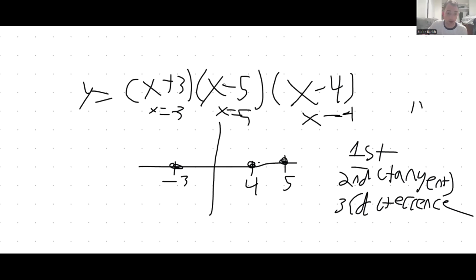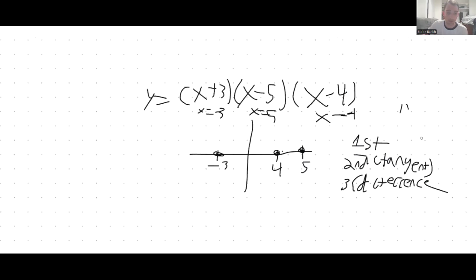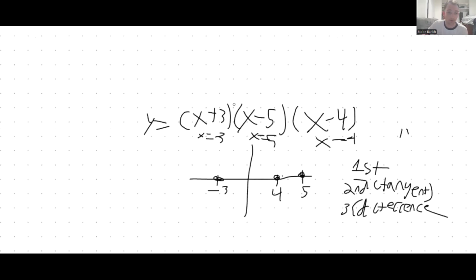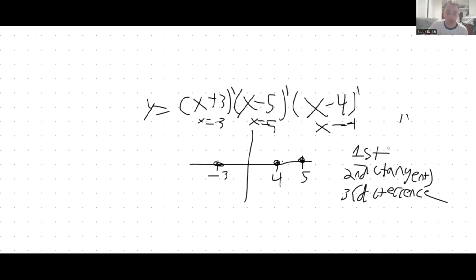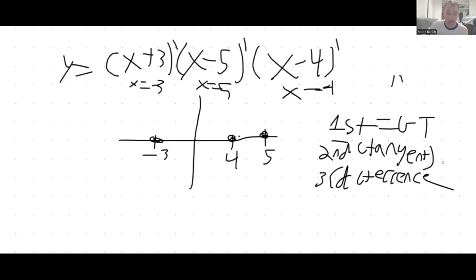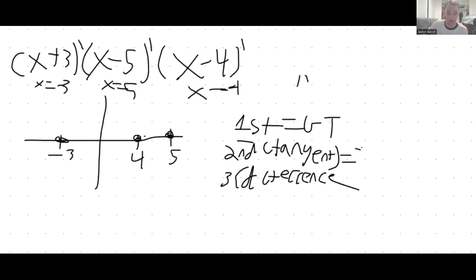So in this case, you're thinking, all right, all of these zeros have a degree of 1. So this one's pretty simple in that sense. When you have a first degree, you just go through it. I'll put GT. You go through the point, essentially. That's how you figure that one out. Tangent, we call it a bounce, and I'll show you how to do that in a second. You call that a bounce point. And terrace,